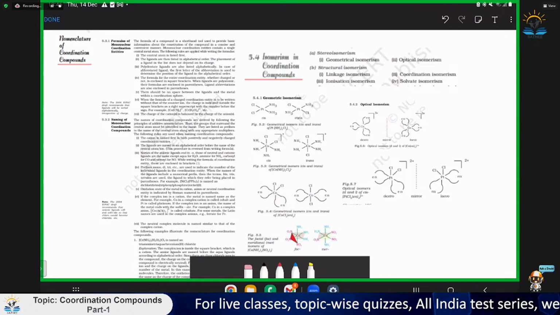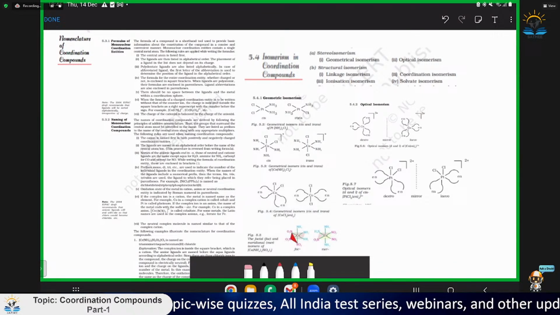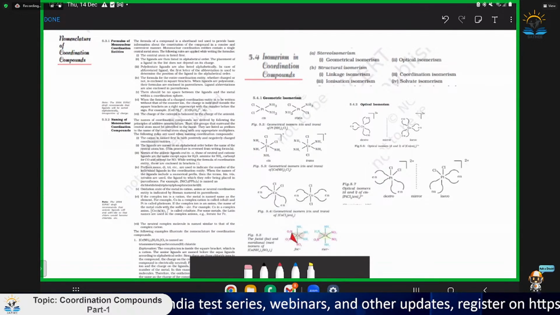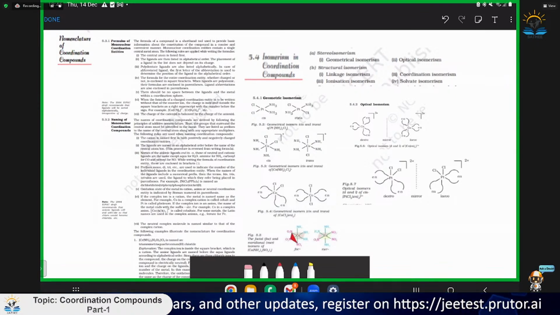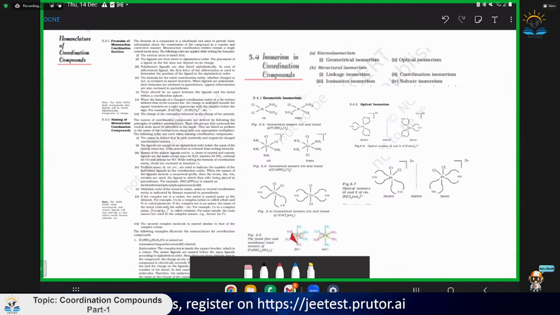If the complex ion is a cation, the metal is named the same as the element. Cobalt stays cobalt, platinum stays platinum. If the complex ion is an anion, it becomes cobaltate, platinate and so on. Suppose Na2[CoCl2(NH3)4]. Now its name is sodium